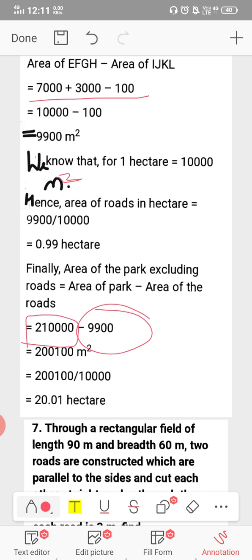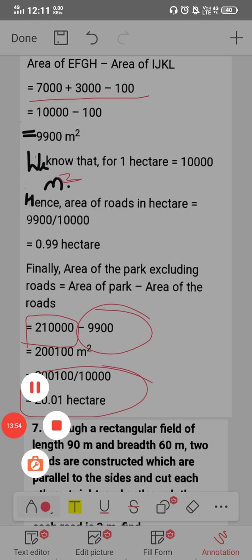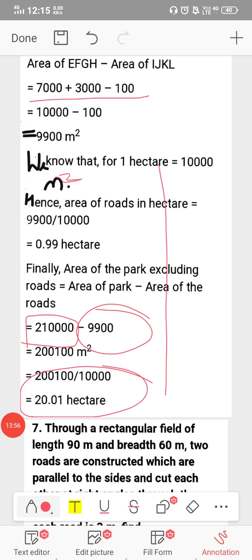When we subtract these, we will get 2,100 meter square, and when you convert it into hectares it will be 20.01 hectare. Now question number 7 is